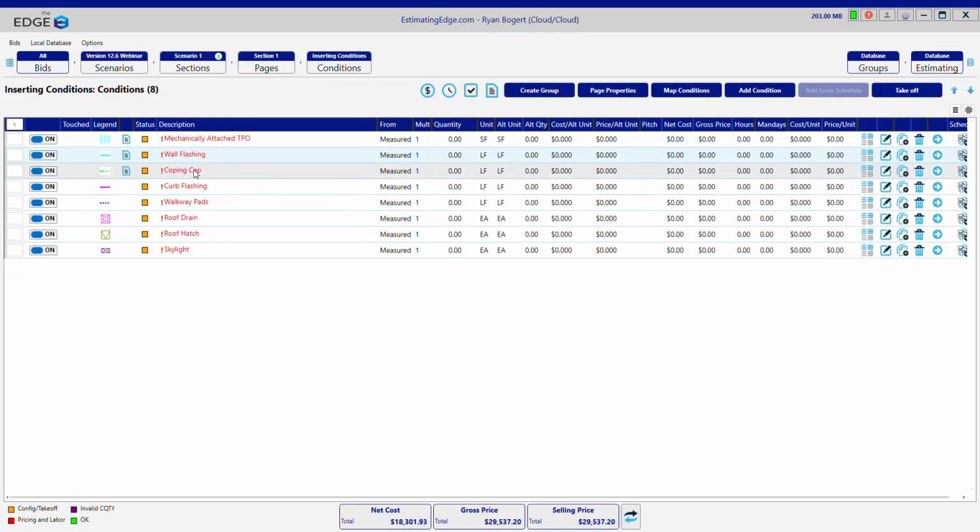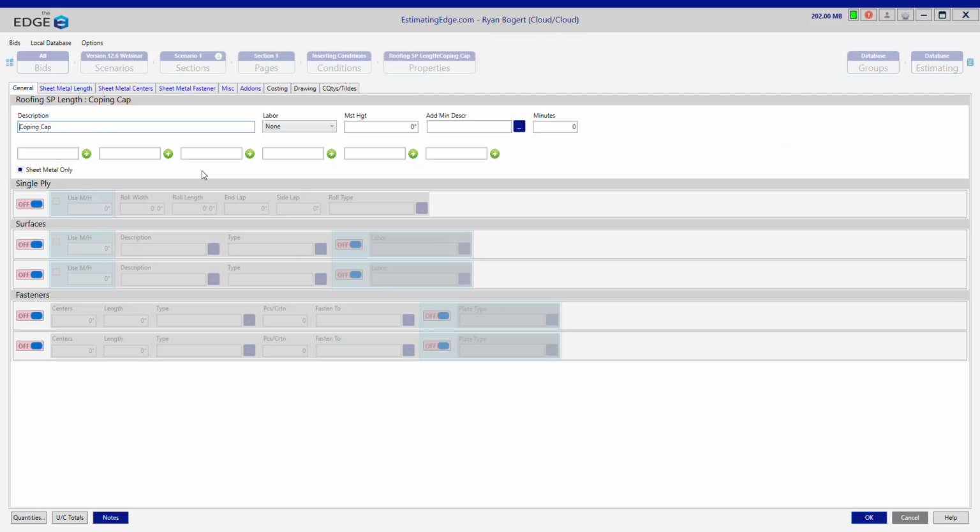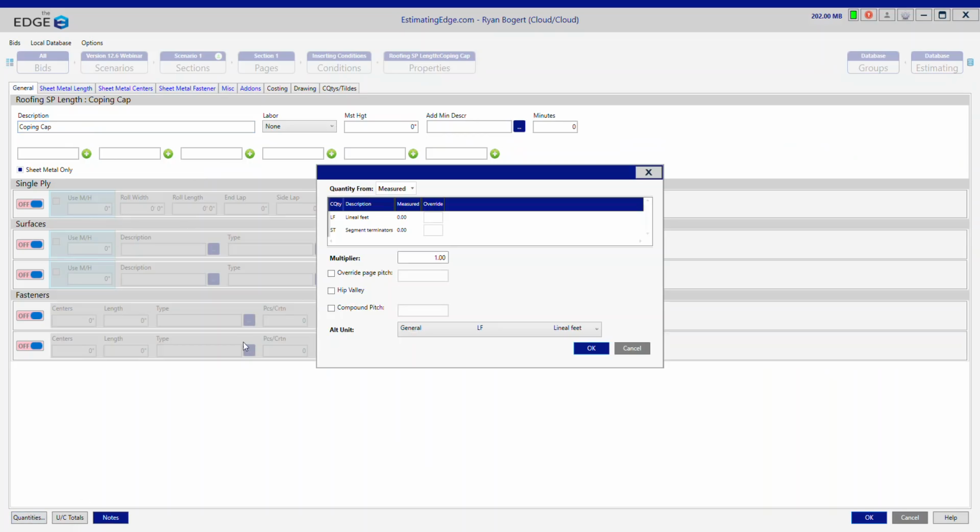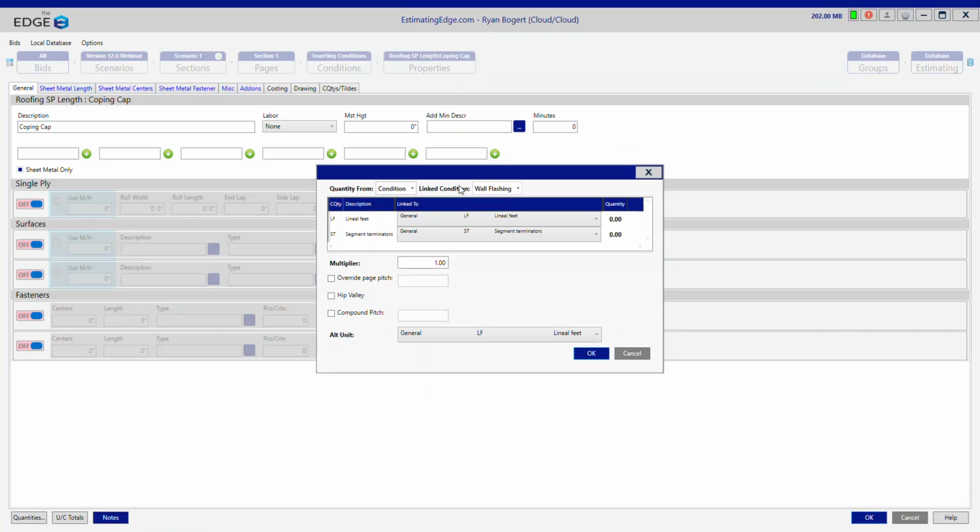So the next step that I want to go through is linking these two conditions together. As I mentioned before, I wanted coping cap to be tied to wall flashing so they have the same quantity. So to do that, I can go ahead and double click on coping cap to open my condition properties. Click on the quantities button in the lower left, and then go ahead and change my quantity from measured to condition. And notice the linked condition now automatically pulls in the condition that's located directly above the condition I'm currently